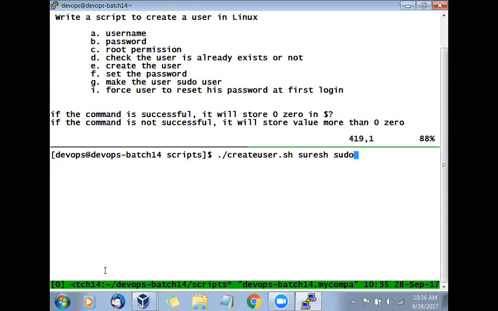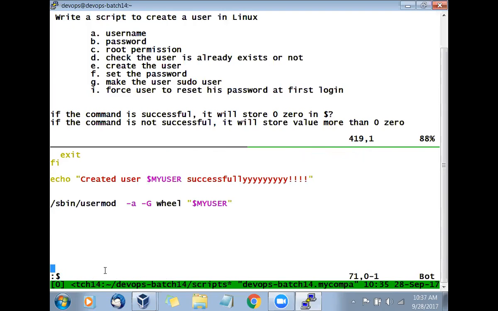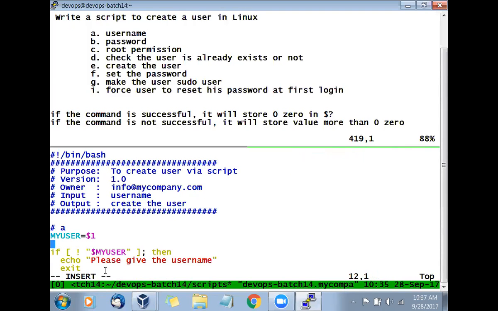We can use that. So you are giving a choice. If you go with the normal Suresh, it is a normal user. If I say sudo Suresh, then it will go and say, hey, this user needs to be in the sudo group. Okay, shall we go with that? Okay, so let's go with that. So I'll open the script. Then I'll go to the top, and I'll say here $2. I'll say sudo is equal to $2.